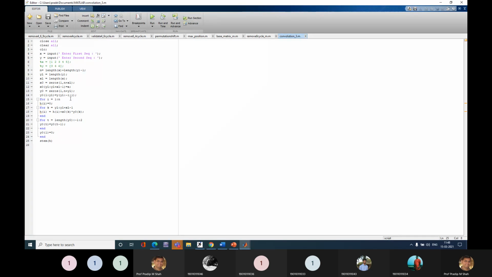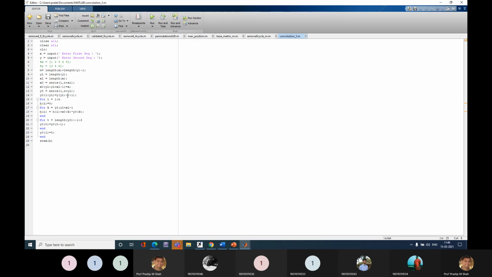So this is the colon operator. By default the step size is 1, so you do not need to define it. But if it is any other step size, you need to define it here. So if your step size is minus 1, you need to define it here.